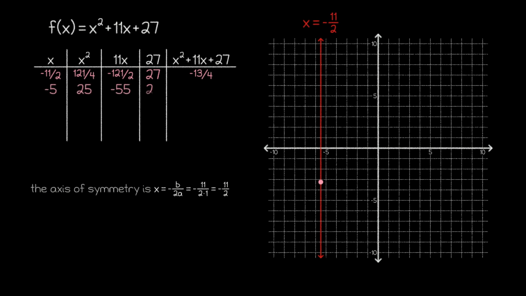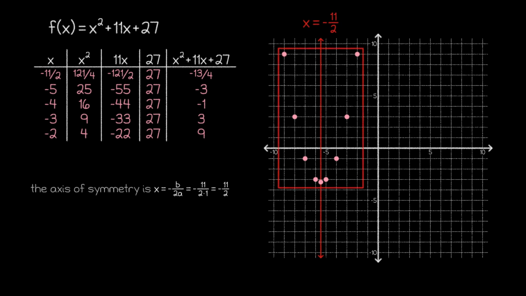If we plug in -5, -4, and -3 as inputs, we'll get outputs that can also be utilized for -6, -7, and -8 respectively. We can even go one unit further out from the vertex and still get points that fit in our graphing area. And once we plot those points, we're ready to draw our parabola, which completes our graph.